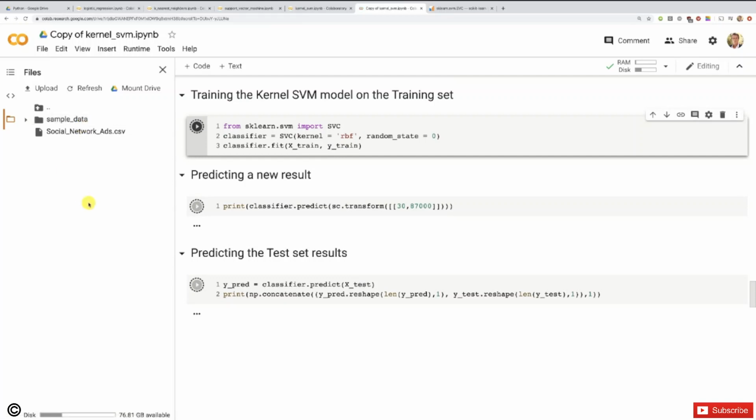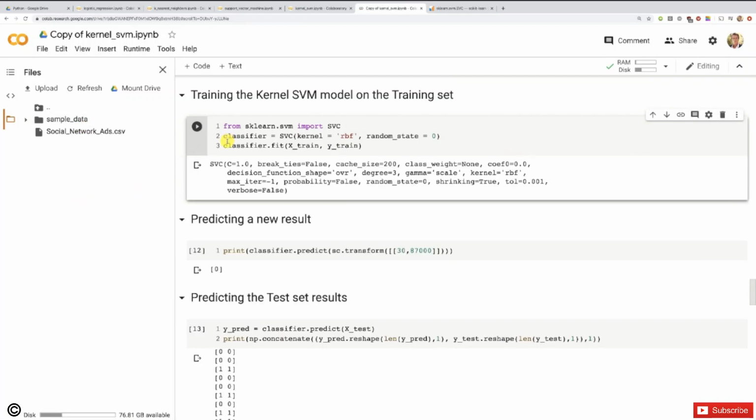Run all. This will run all the cells, including this one, which will get us the new model with the new nonlinear kernel. Where is it? Right here. Kernel equals RBF. And so now it's very interesting because this time we have a nonlinear classifier. And therefore, I look forward to showing you the visualization results at the end, both for the training set and